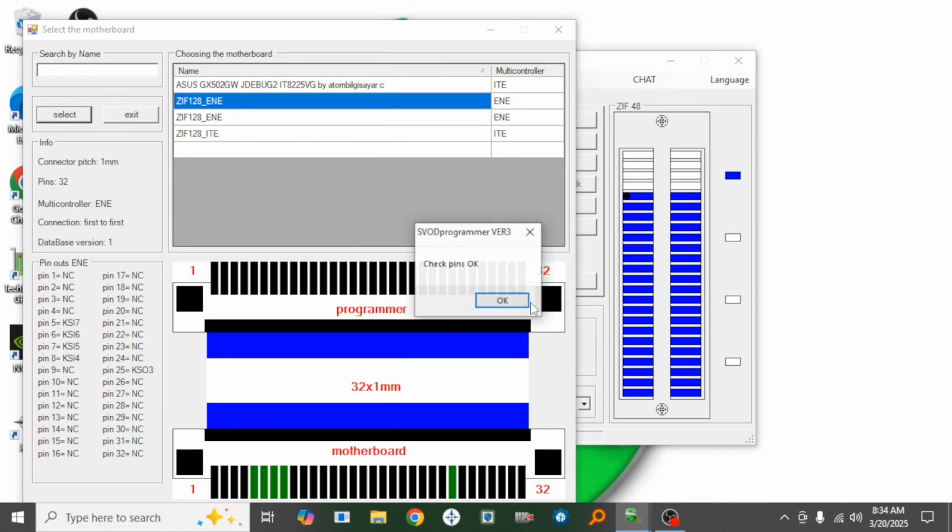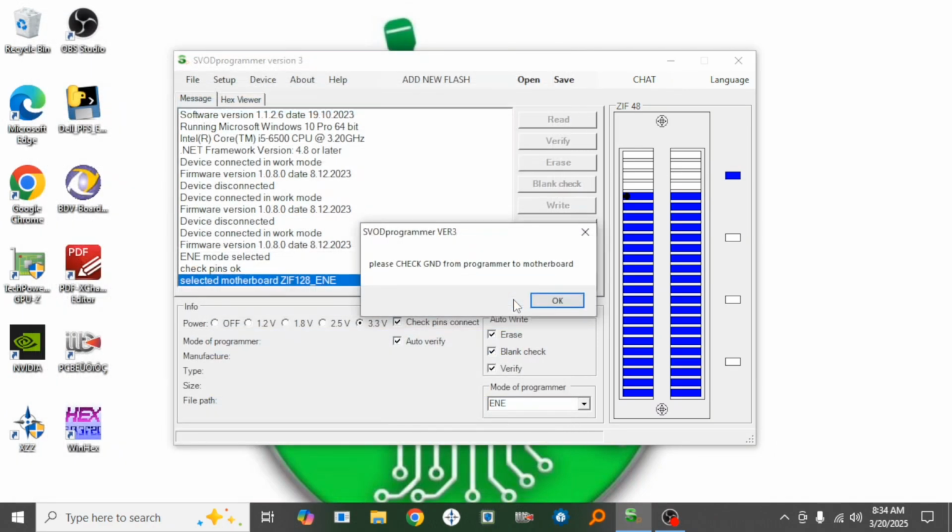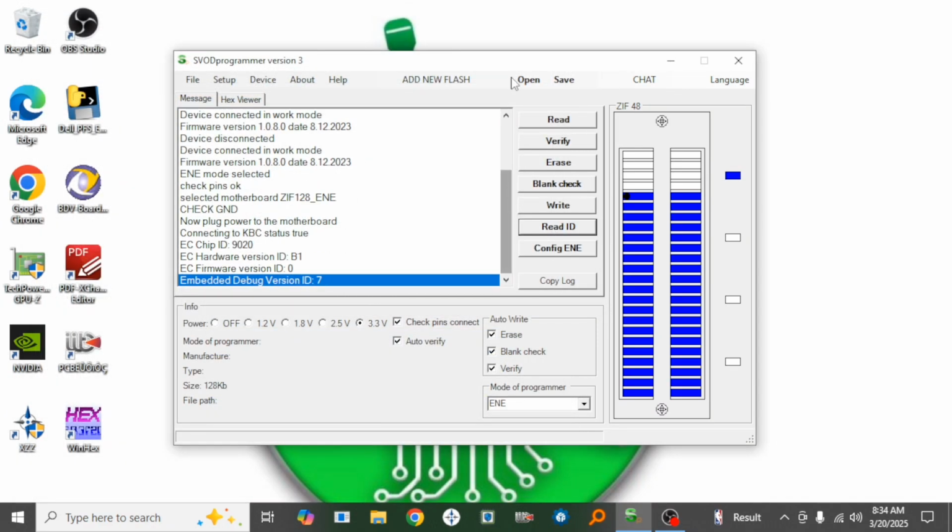Motherboard must be unplugged. There we go. So I click read. Now I can access. As you can see, it says ZIF ENE, and it's KB9020 KBC, and it is true, and everything is okay. Voltage set to 3.3 volts, and erase, blank check, verify is also checked. So I will now download